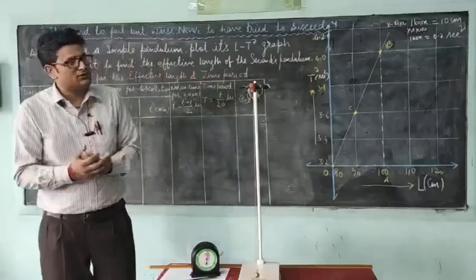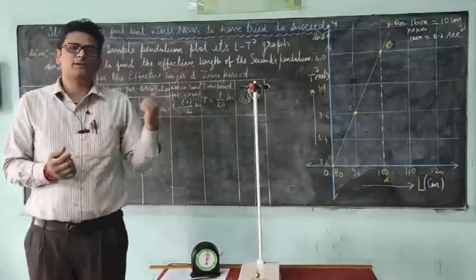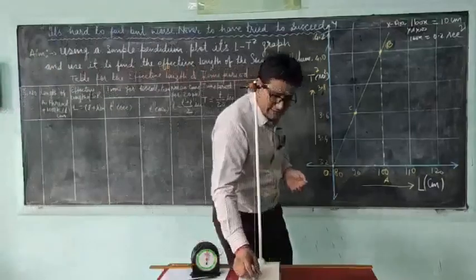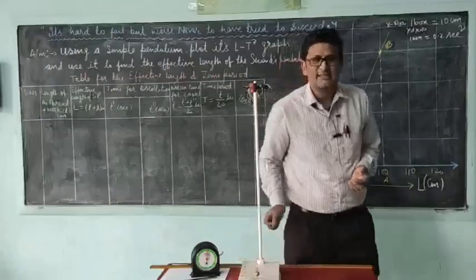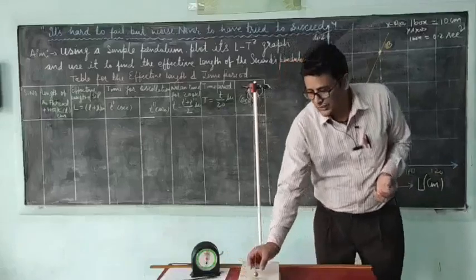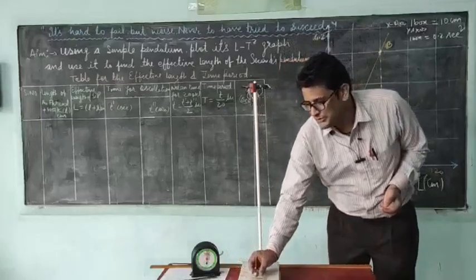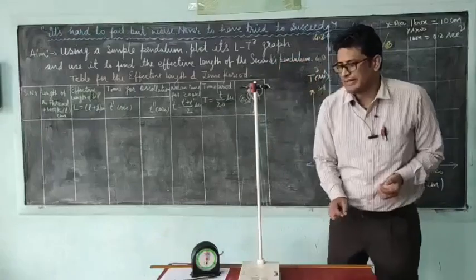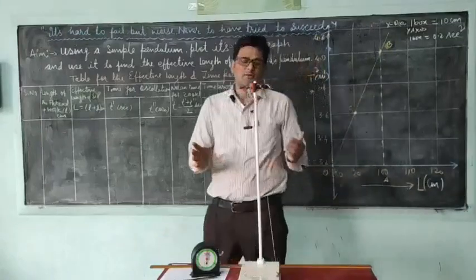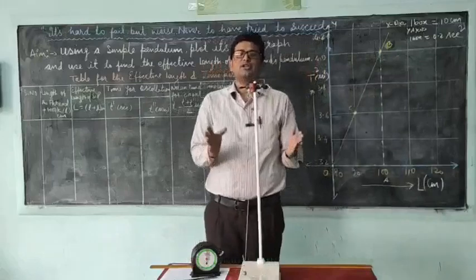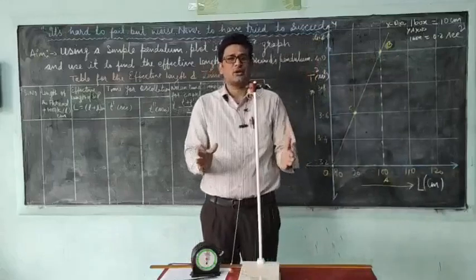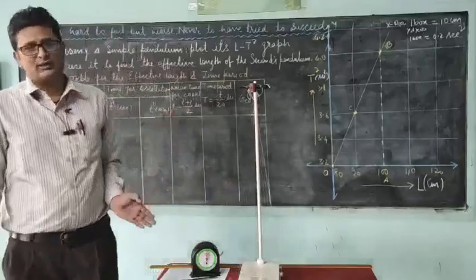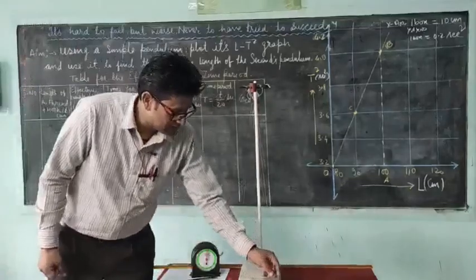And oscillatory motion, the simple pendulum is the best example. When the bob is kept at rest, it is at the equilibrium position. When we displace it from the mean position to the right hand side and leave it freely, it starts oscillating about the mean position in a to and fro motion. That is called oscillatory motion, and the simple pendulum is an example of oscillatory motion.